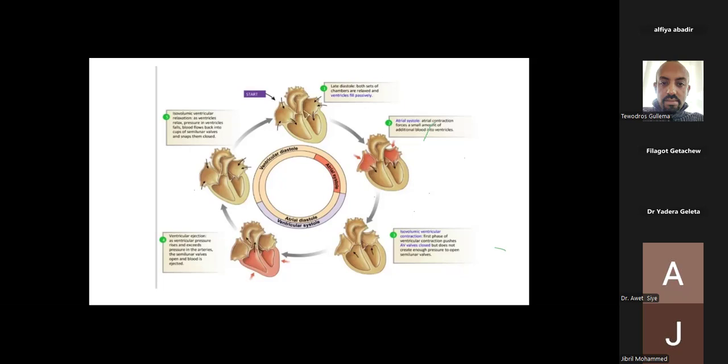But S4 is always pathological because it tells you the compliance of the ventricle. If the ventricle is not compliant, it should undergo high contraction in order to create large pressure, to distend this resistant or rigid ventricle. In a patient with what? Restrictive cardiomyopathy, or hypertrophic cardiomyopathy. In this condition, S4 will always be heard. And systemic hypertension for the left ventricle, and for the right ventricle, pulmonary hypertension.